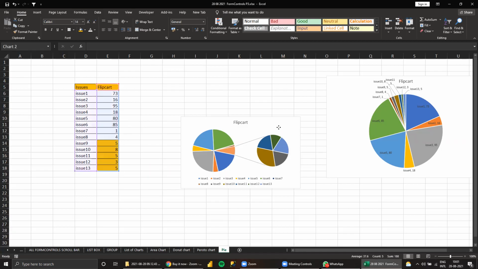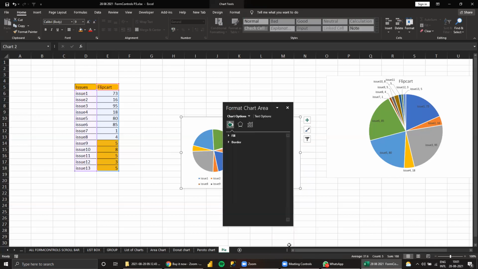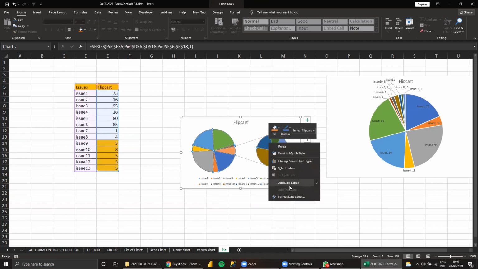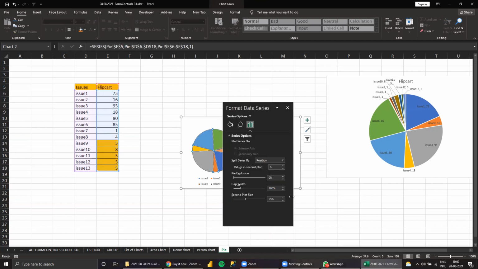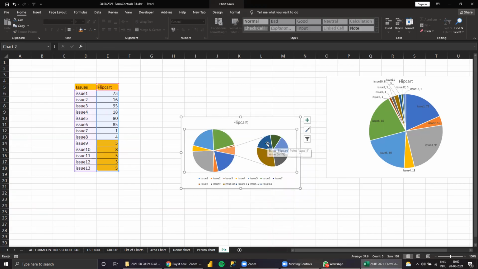So what you need to do here is right click this. Format chart area. Not format, one second, see here. Format data series, yeah. So click on the small pie, then format data series.